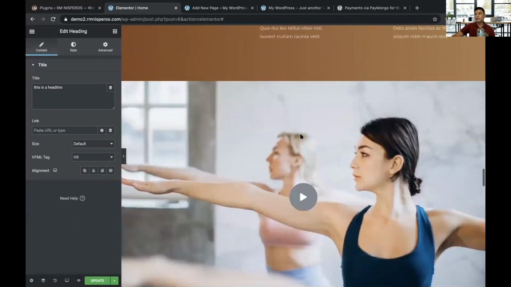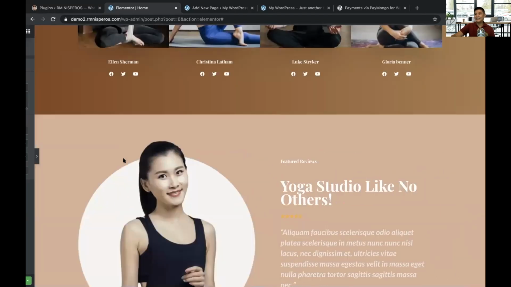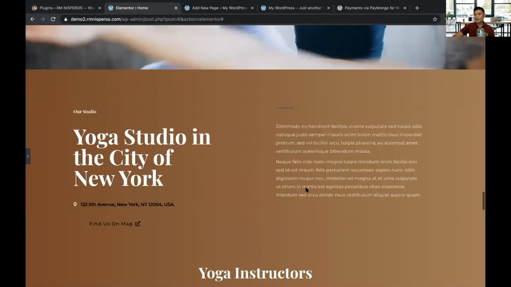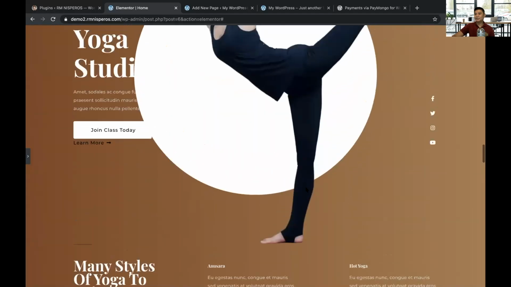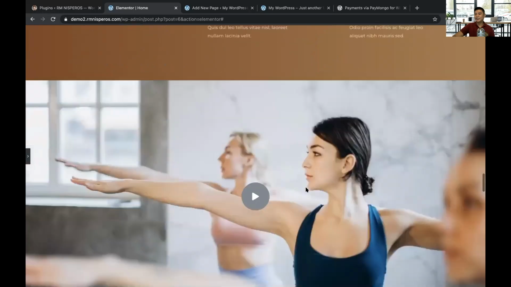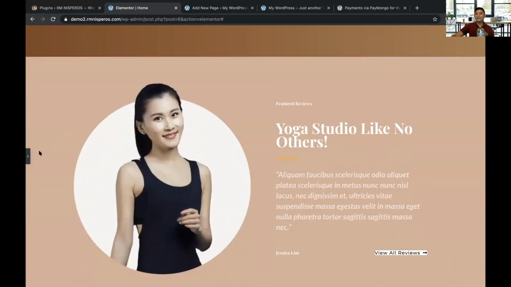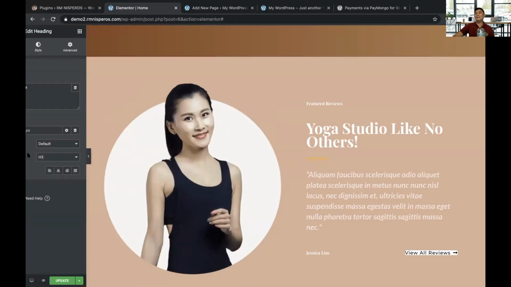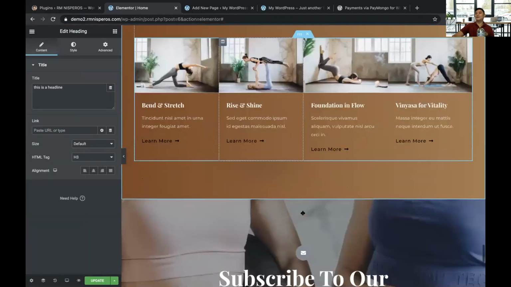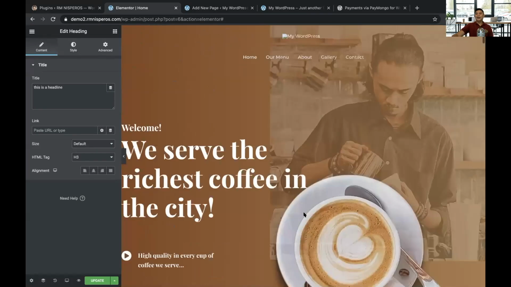Yan, niload niya. Pero yung kulay nandun pa din. Hindi na bago. Pero na-load niya. Yan, yung yoga studio. Yan siya. The background kasi yung theme natin brown eh. So hindi na niya pinapalitan kasi page lang naman yung binabago. Yan. So nandun na siya. You can upload the element. So